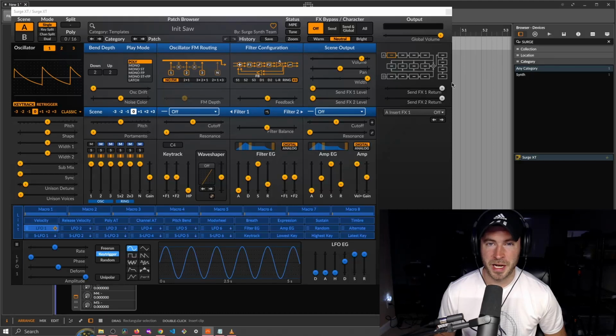Hello and welcome to my quick start guide for SurgeXT, the free powerhouse synthesizer that you may have never used just because the interface is a little bit daunting and confusing. All you need is a basic understanding of synthesis, oscillators, filters, modulators, and you can very easily work with this synth. But when you first bring it in and you look at it, it's a little bit like, how exactly